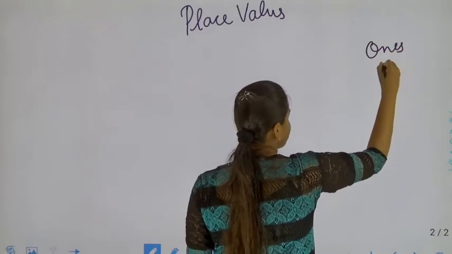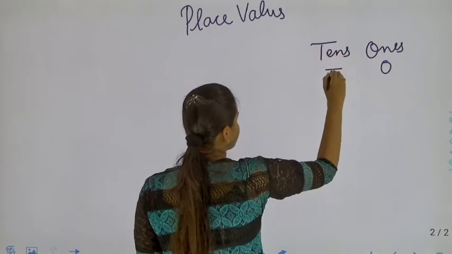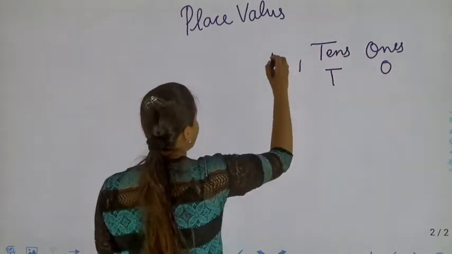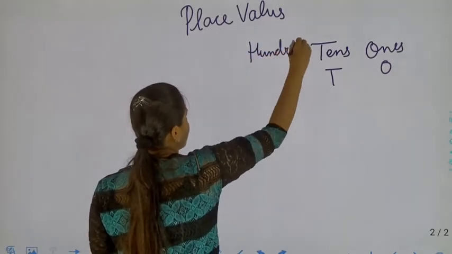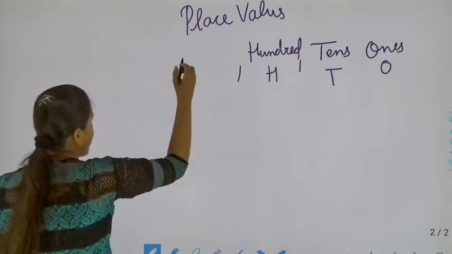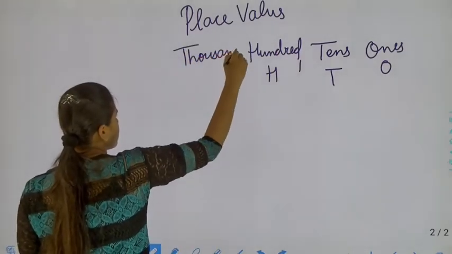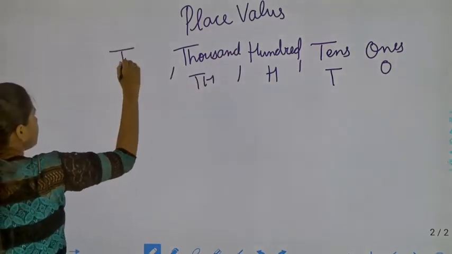Ones that is O, tens that is T, okay, tens, then 100, HUNDRED, that is 100, then 1000, that is TH, then 10,000,